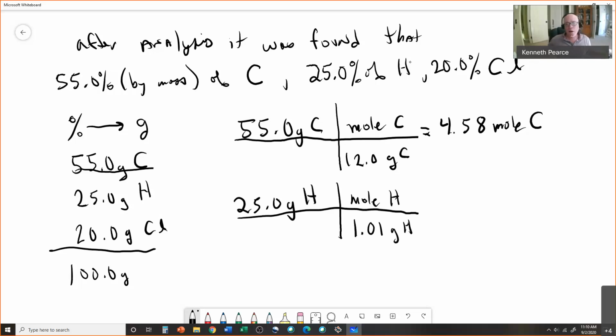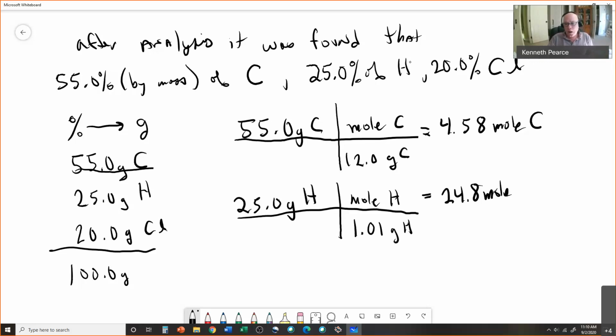And I'm not going out one. Hydrogen is the only one that I make an exception with when I'm doing these, going out two decimal places. The reason is that I just want to keep 3 significant figures. That's the only reason why I go out 2 decimal places on the hydrogen. So we put this in our calculator, and we get 25.0 divided by 1.01, and that gives me 24.8